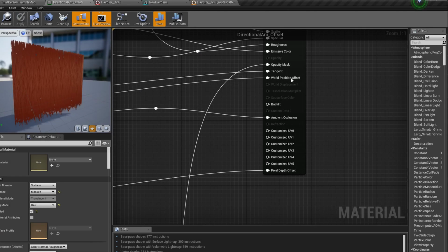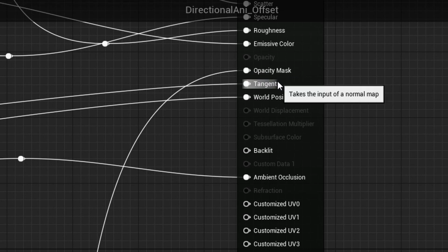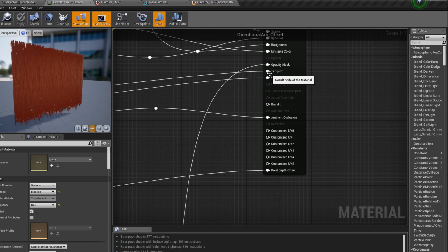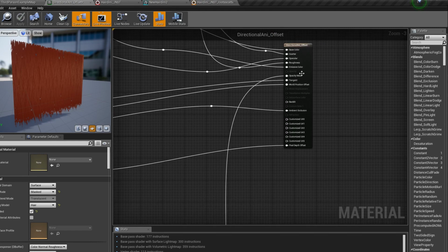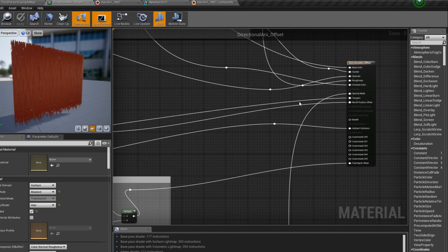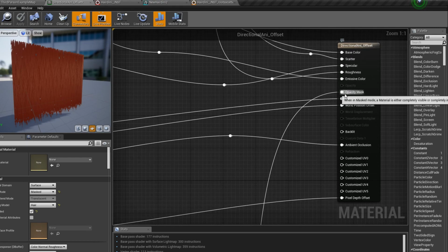Now that we took care of our opacity mask, let's move on to the next semi-complex input, the tangent. The tangent input we will be using to control the flow map of the hair strands and give them a specular highlight of their own. And this is more specific to the Hairdini plugin that I made. If you do not have Hairdini or are not using it, you would have to somehow make your own flow map